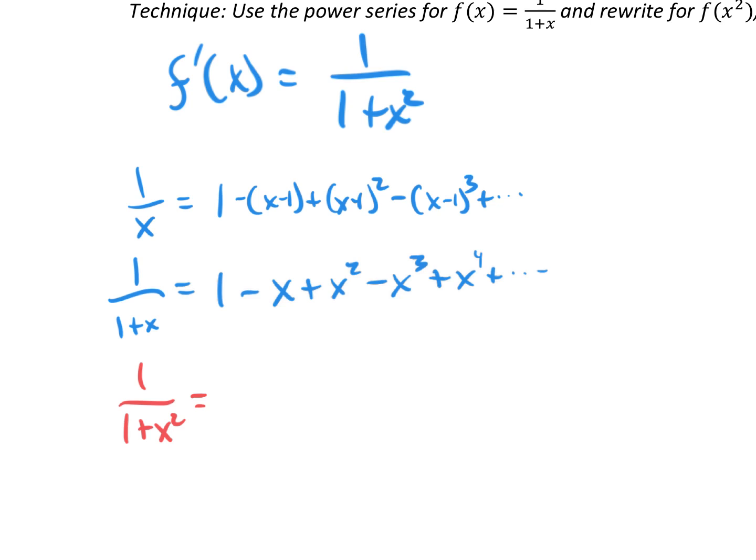Okay, and so that gives us 1 minus x squared plus x squared squared, which would be x to the fourth, minus x squared cubed, which would be x to the sixth, x to the eighth, and so on and so forth. So it's alternating, and it's those even ones there. Pretty interesting. So that's 1 plus x squared, and we know that if we integrate that,